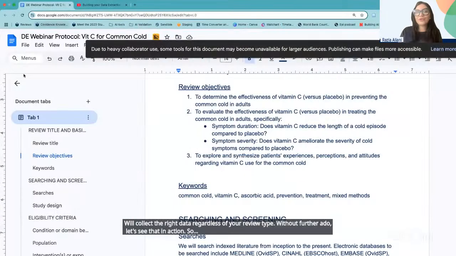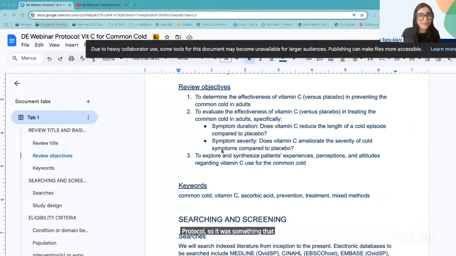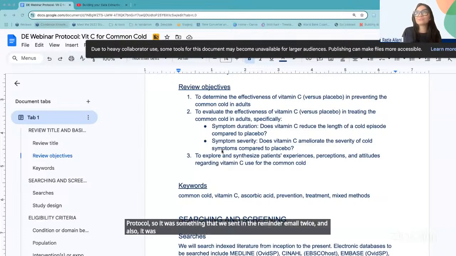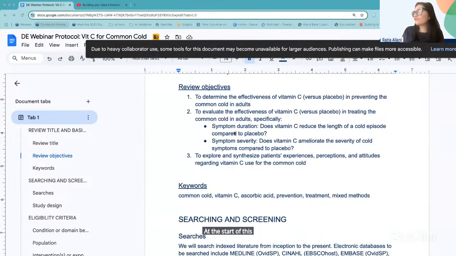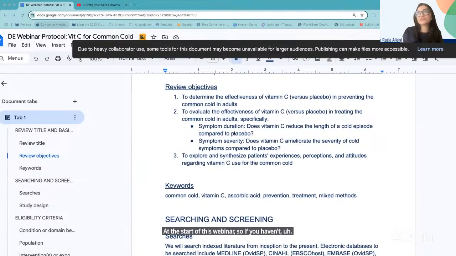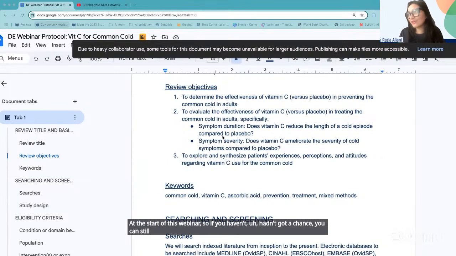So, right. You were given this protocol. It was something that we sent in the reminder email twice, and also it was pasted in the chat at the start of this webinar. So if you hadn't got a chance, you can still look at the protocol, and I'll walk you through